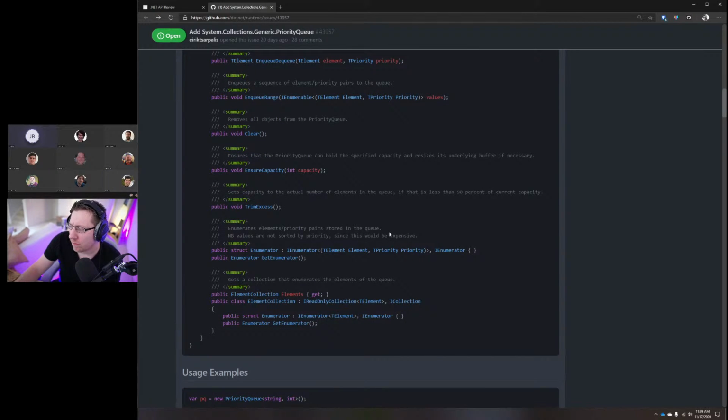And returning the capacity may tell you that there's no point in calling trim excess, but it turns out calling one instance method to avoid calling one other instance method is kind of pointless. So just call trim excess, and let it do what it was going to do. Yeah, I think if trim excess exposes more things in the future, like more policies, maybe at that point you expose the capacity to allow people to do some interesting math. But if you just have trim excess with no arguments, yeah.